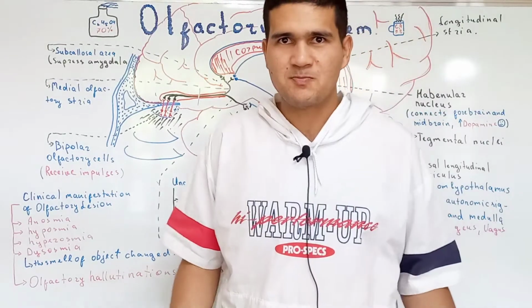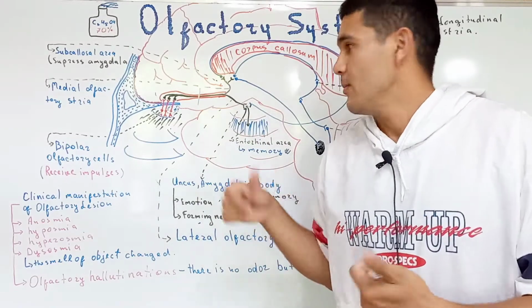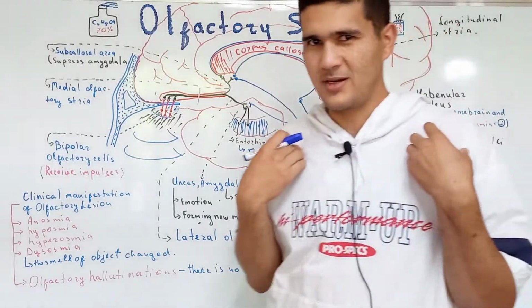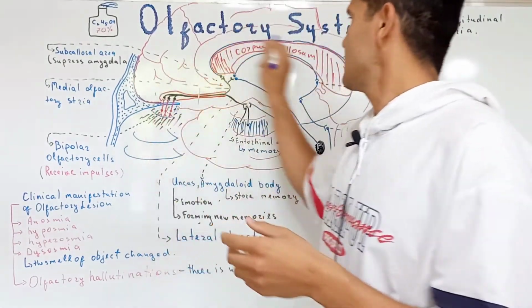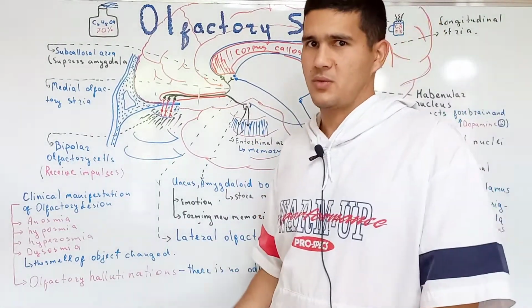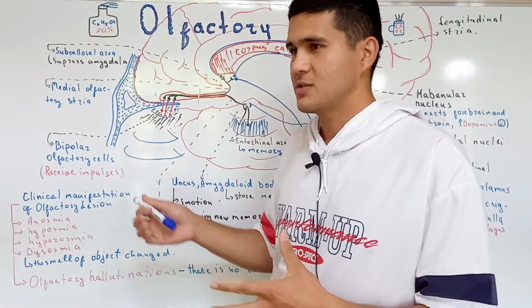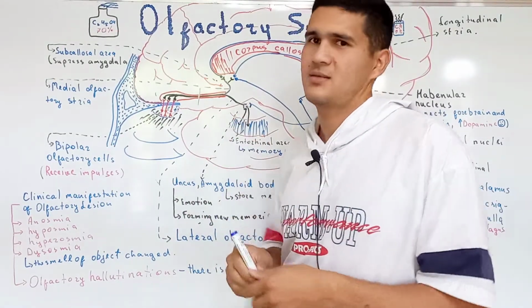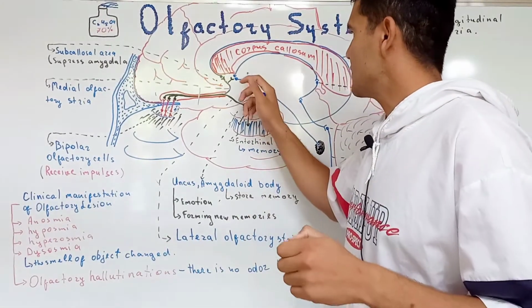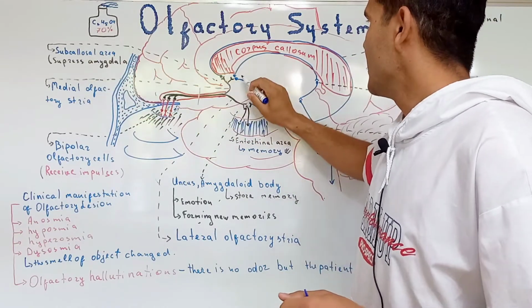Its main function is regulating the olfactory system by suppressing the amygdala. If this pathway did not exist, it's my opinion, the amygdala would be overactivated. Okay, by this fiber, the lateral olfactory stria suppresses the medial olfactory stria's function. That's a regulatory pathway. Okay, and the next destination is some synapses in the subcallosal area directed to another